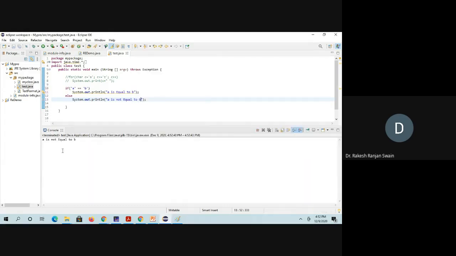Then see, it prints 'A is not equal to B'. A and B are not equal. Okay, let's see, I am checking with small 'a' and small 'a'.